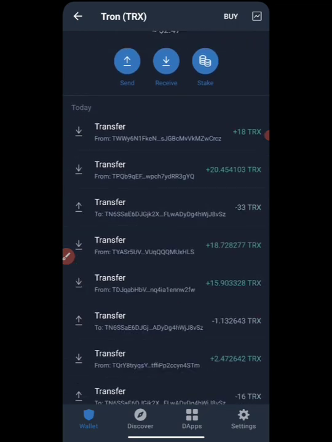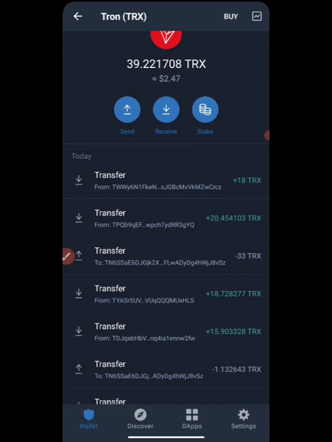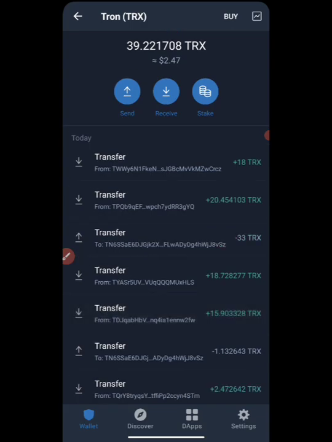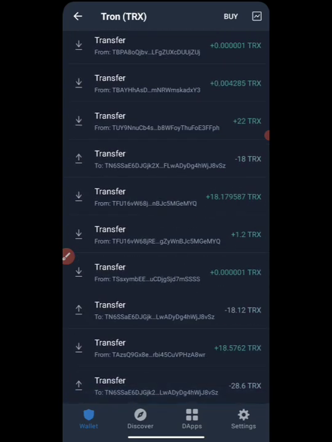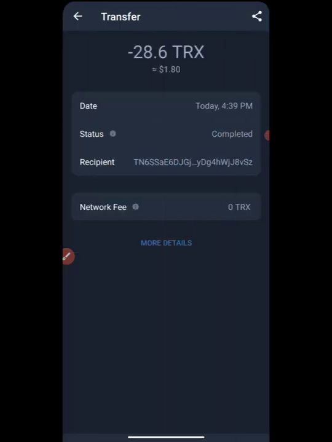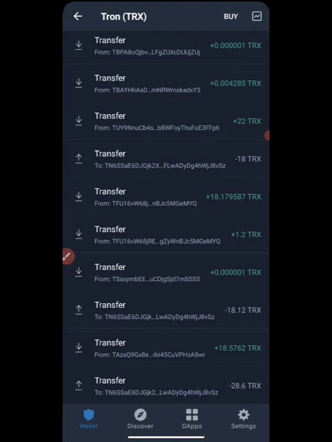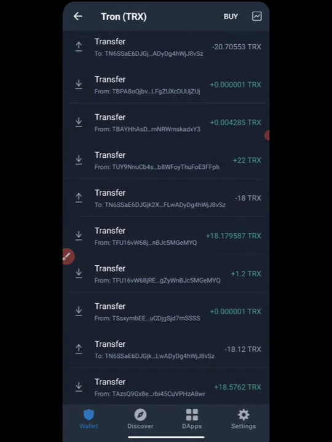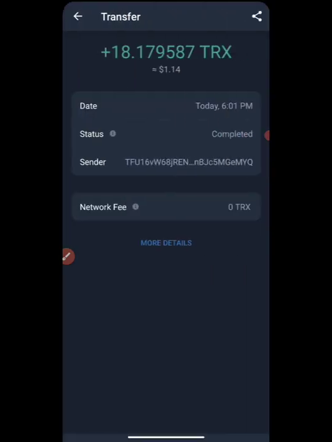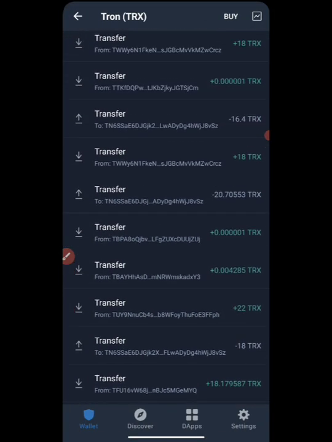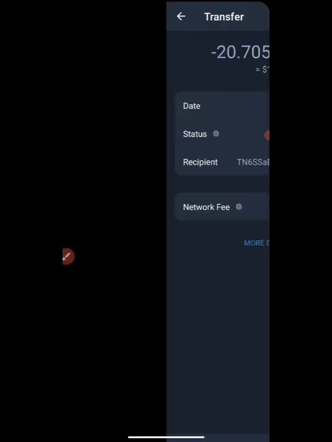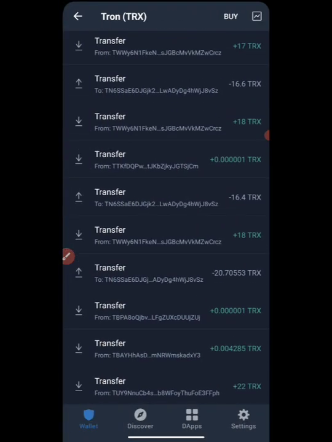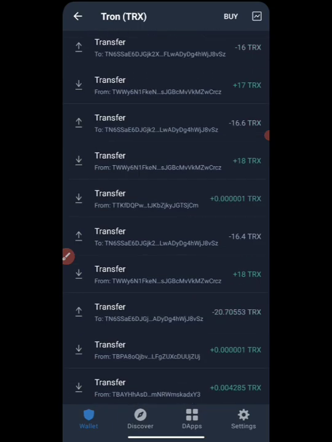So let me tell you the amount this guy made from this particular day that he started this update, which is today. The first person dropped 28 TRX, that's close to $2. Then he withdrew it. Another person dropped $1, actually withdrawn. So the accumulation of this daily, you can see another $1 right here immediately withdrawn. We have another $20 right here, 1:30, and immediately it was withdrawn also, and it keeps withdrawing every second.